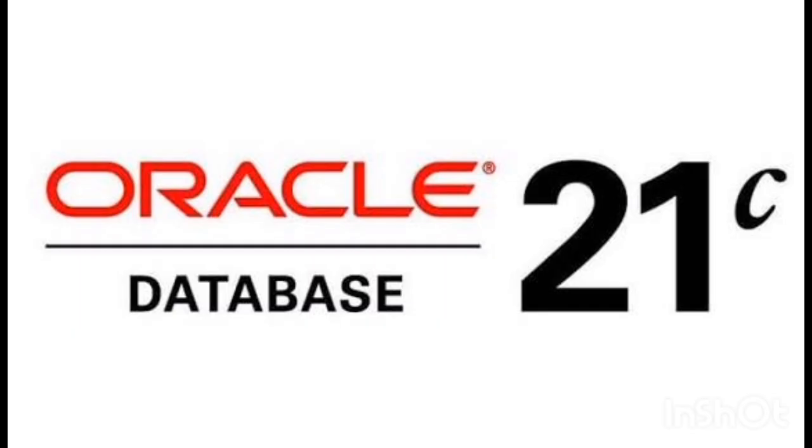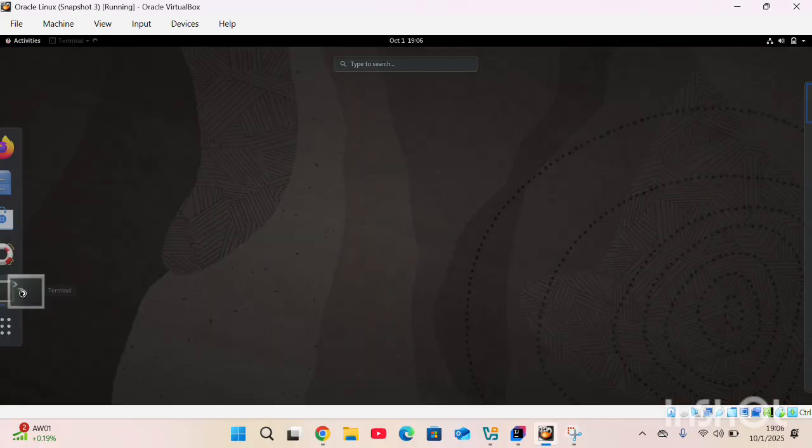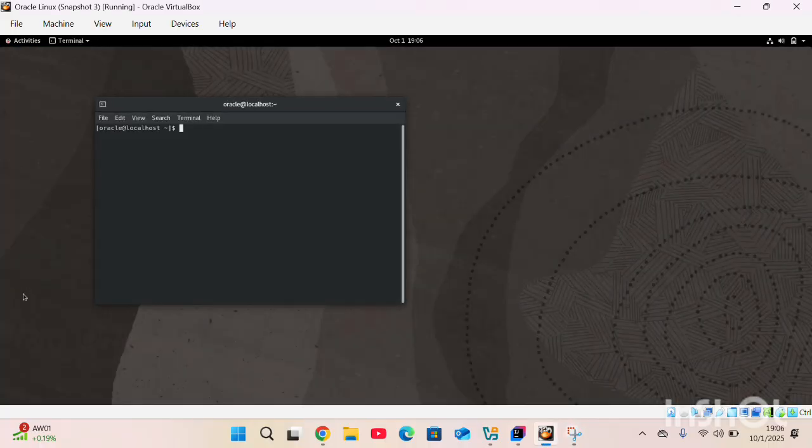I'm going to demonstrate how to create a database in Oracle and how to create a template in Oracle database. Here I'm starting by going into my Oracle Linux as the user oracle, by typing